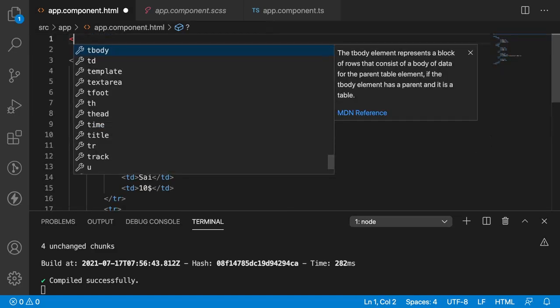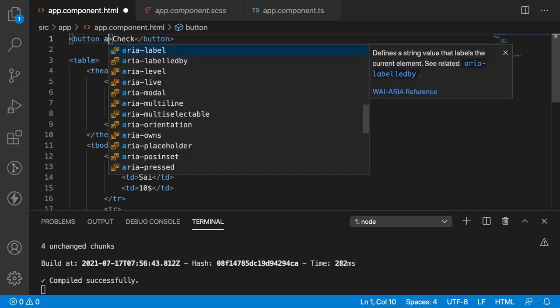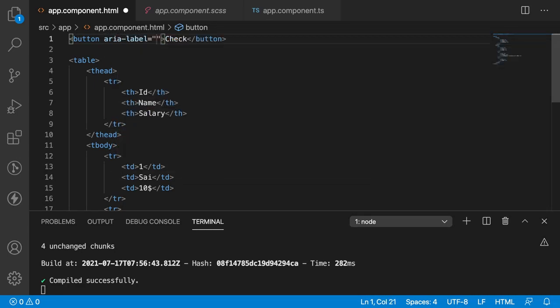But for example, let me use a button, and my button name is Check. Here there is an attribute called aria-label. So it is an attribute, but there is no property for this aria-label. That means aria-label does not have any alternative property. It is only an attribute of HTML.